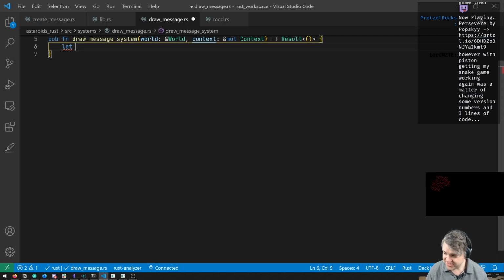With Piston, getting your sync game working again was a matter of changing some version numbers and 3 lines of code. Obviously each framework is going to be different. I think though, after GGEZ, the only game engines I'm really interested in diving deeper into would probably be Bevy and/or Godot.